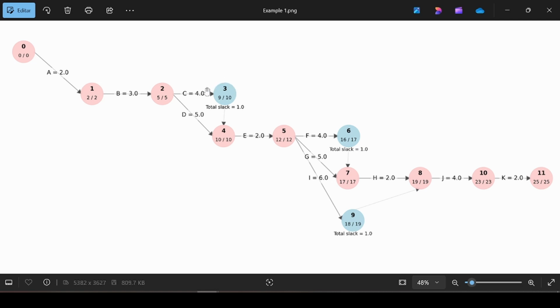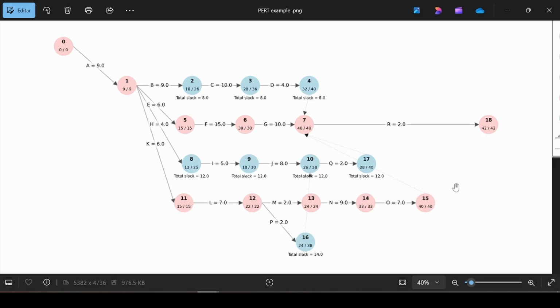Now, the blue nodes mean that you can have delays. It's not the critical path. For example, you can have 1 day delay here, total slack 1. If you make the activity C in 5 days instead of 4, or you make it with 1 day delay, you can rest, you will finish this on day 10, not day 9. You have until day 10 to finish it and not affect the project's time. Here you have 1 day delay and 1 day delay. But we will check the delays with another example that maybe is better for that.